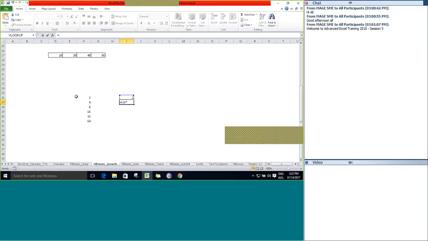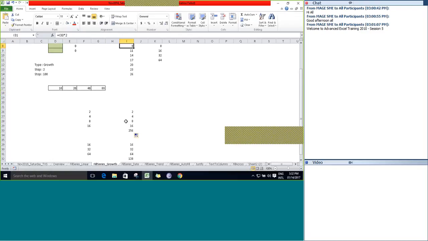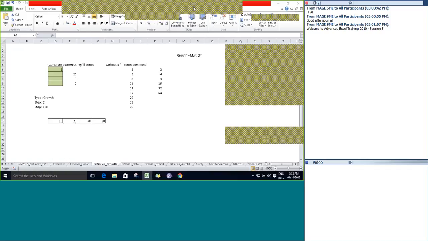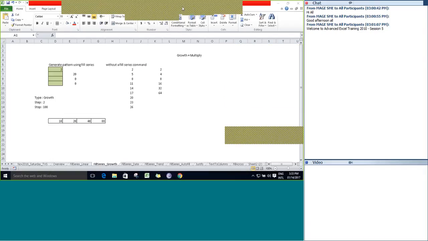Multiply 2 with the previous value, and it will generate a similar kind of pattern for the user. Seshagiri, are you able to follow now? Is it fine? Fine. Okay.